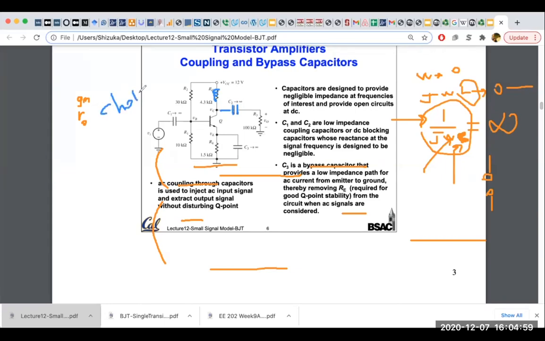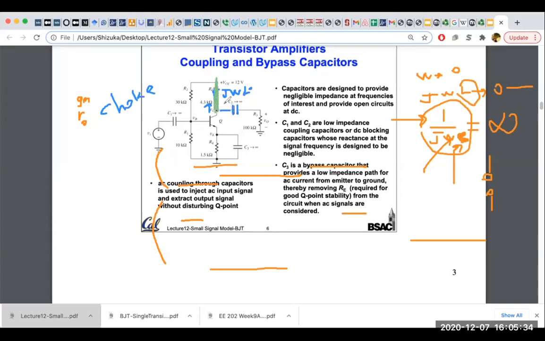That inductor, if it is so big, is called a choke inductor. Because it's so big, it doesn't let any AC signal go through, because j omega L is huge. L is huge, which means whatever the frequency is, j omega L is so big. That means AC won't go through, but at DC, omega is 0, so j omega L is 0 and DC will go through. So that means you can short this